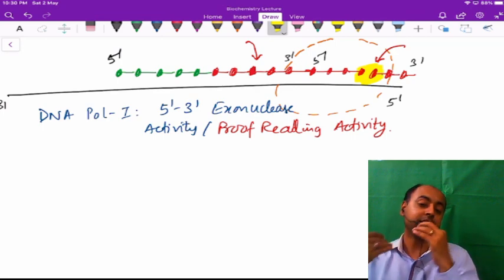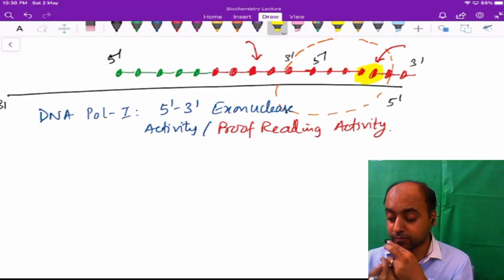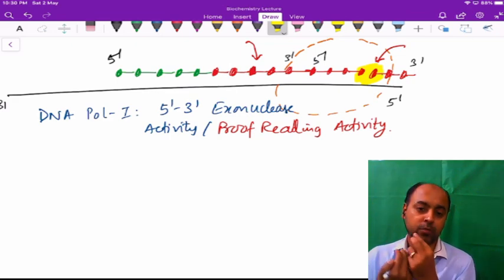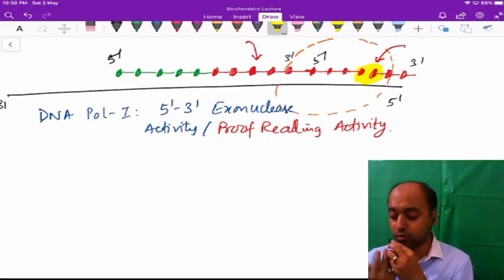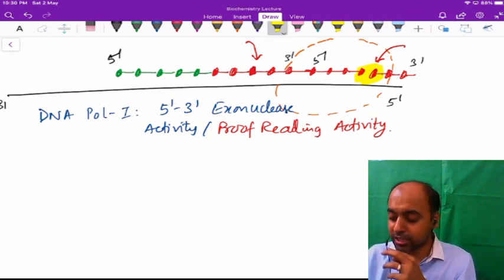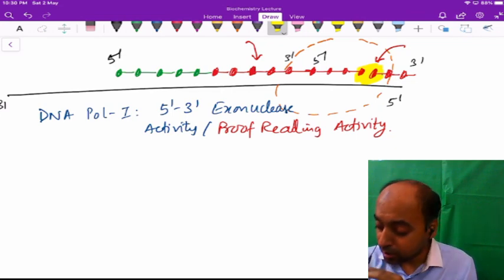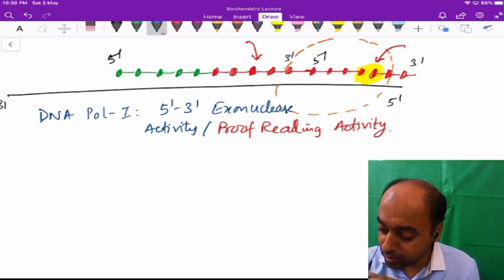Remember, the two nucleic acid cannot be joined together by the polymerase. So 5 dash to 3 dash exonuclease activity will remove the RNA primer. DNA polymerase will subsequently fill in the gap, but for the joining purpose,